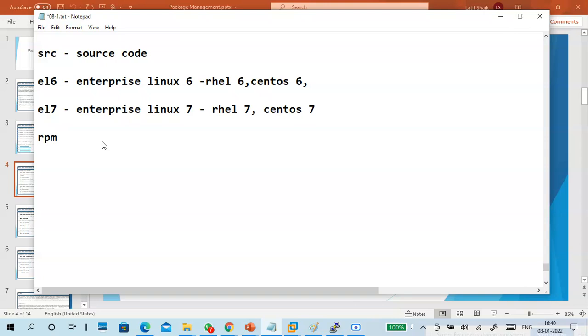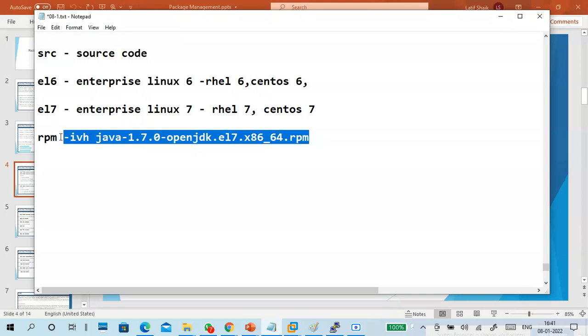So rpm -ivh and the package name, like Java 1.7.0 OpenJDK, hyphen EL7, dot x86_64 bit, the downloaded RPM.